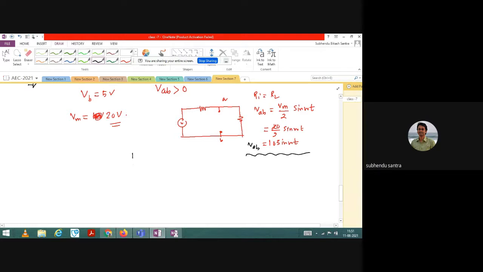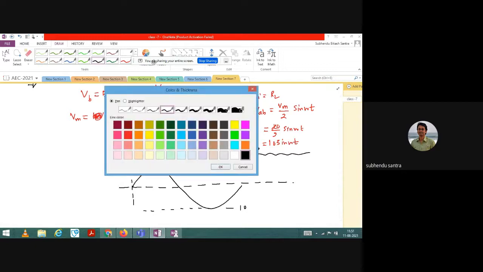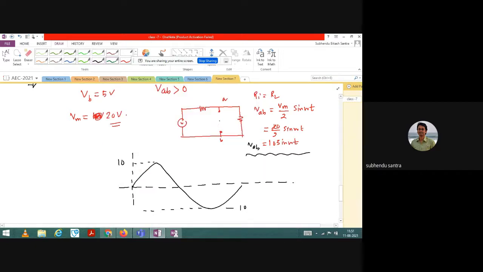Now I am coming to the real solution, to decide whether the diode will be forward biased or reverse biased, and based on that I will draw the circuit diagram. This is the VAB, across A and B. This is 10, this is minus 10. Now here, when you draw that, let me draw it in a different color. You have one battery here.